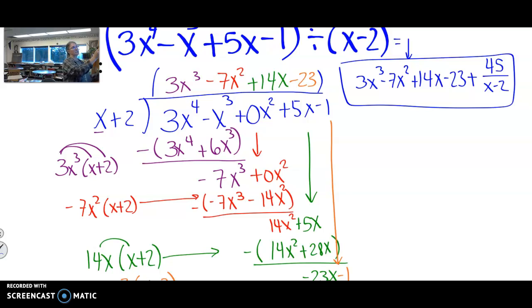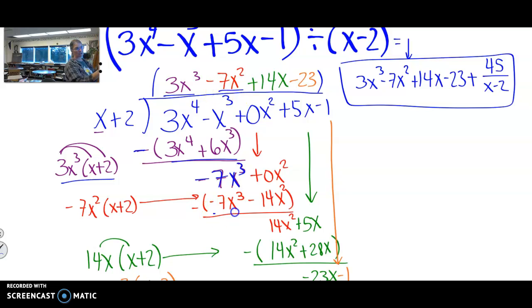So we have x plus 2, we multiply by 3x to the third, and when you multiply that through, we get 3x to the fourth plus 6x cubed, and we're subtracting both terms. So you have a negative x cubed minus 6x cubed, which is negative 7x cubed. Drop down the next term, the 0x squared, and then we have to multiply by negative 7x squared to get